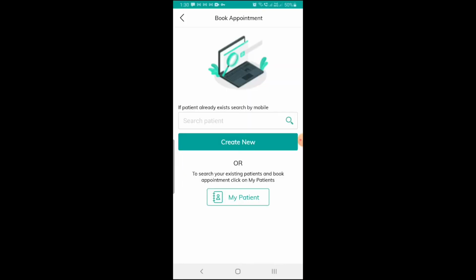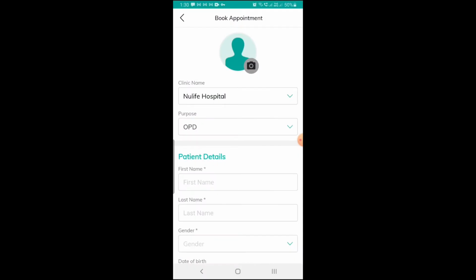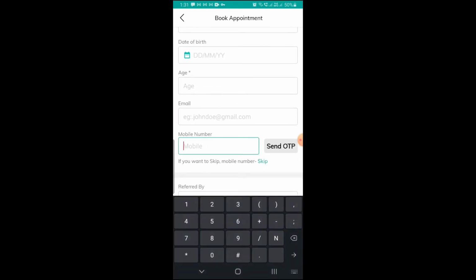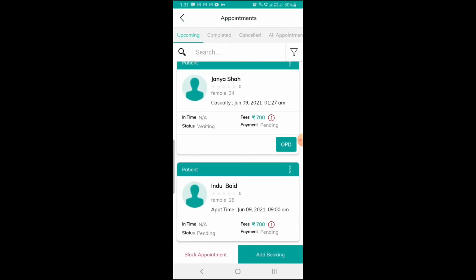You can search a patient from DocSmart or among your own patients, or create a new patient. A new patient created can be made into a DocSmart member by entering the mobile number and authenticating with the OTP. The importance of doing so is that whatever prescriptions or documents you enter on behalf of the patient get shared to the patient's DocSmart account also. Do not use any mobile number not belonging to the patient.